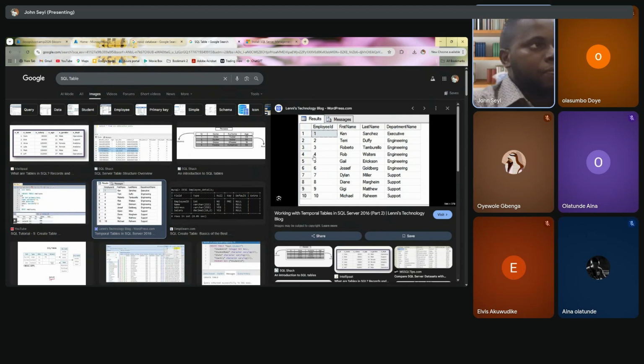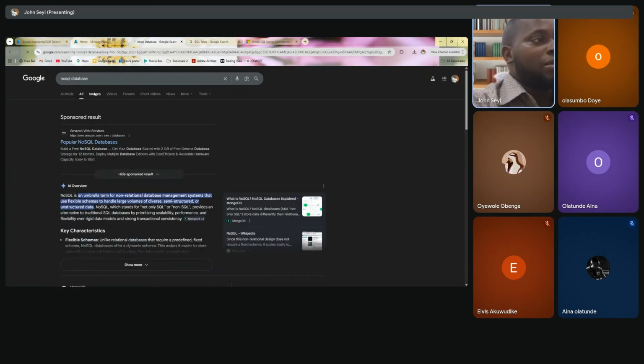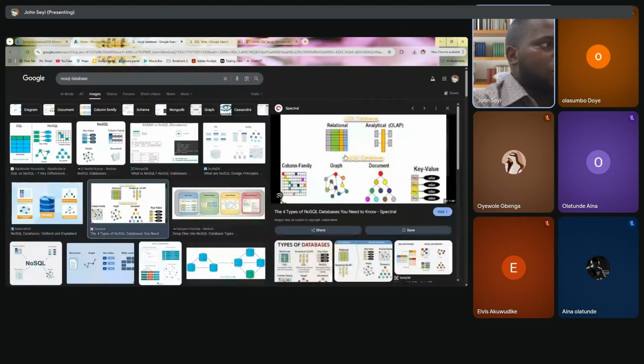You understand? Now, I want to talk about NoSQL. So in terms of NoSQL databases, you are not talking about running normal queries, select from, update this and that. NoSQL databases are kind of a split kind of database. You can see,